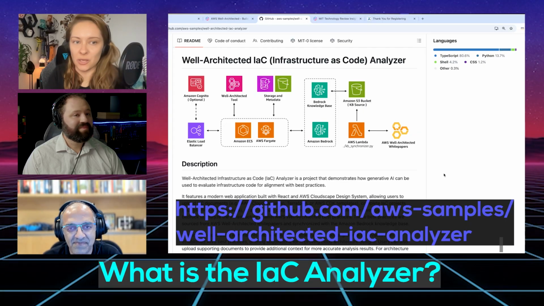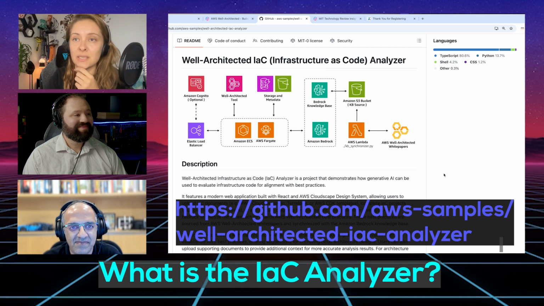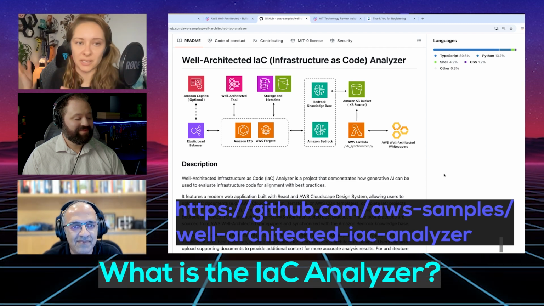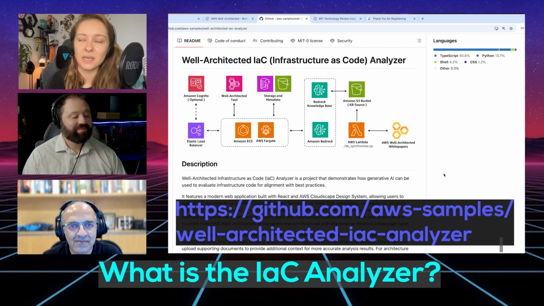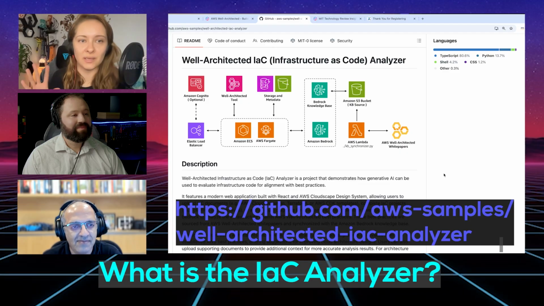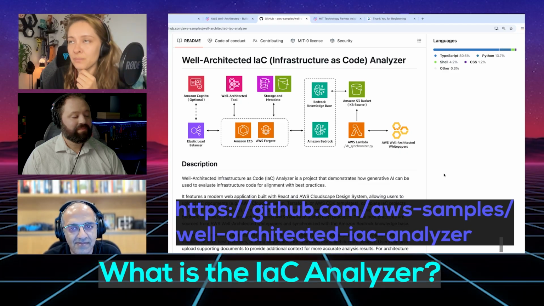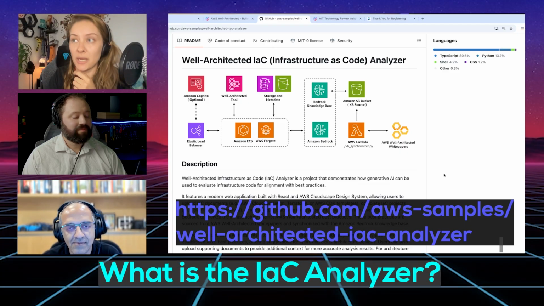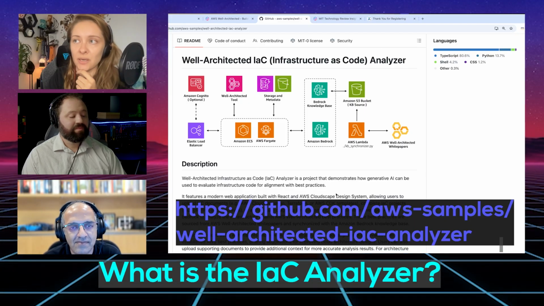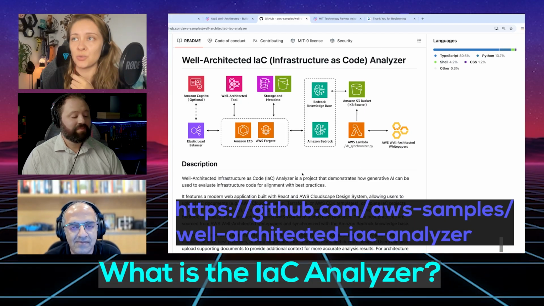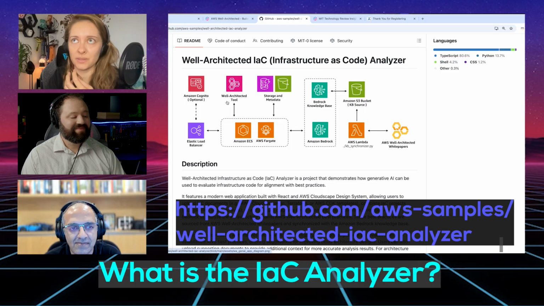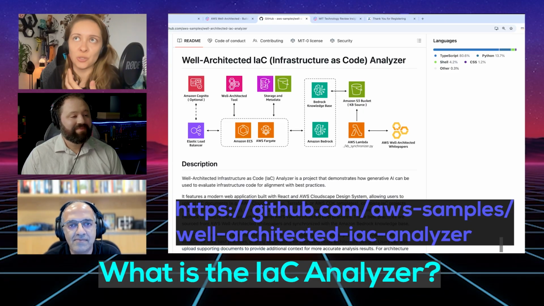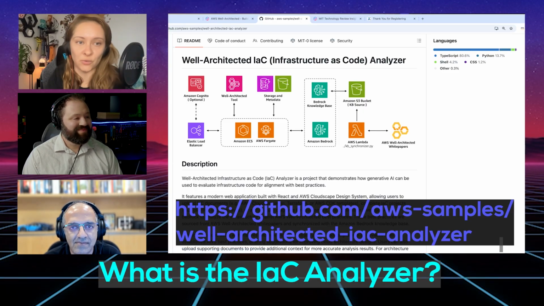So if, let's say, we were updating any of the guidance, whether the Well-Architected Framework itself or any of the lenses, it checks that guidance in real time. You deploy the solution and then you link it to the Well-Architected Tool within the account. And then you feed it a template either from CloudFormation or from Terraform or even the whole Terraform project